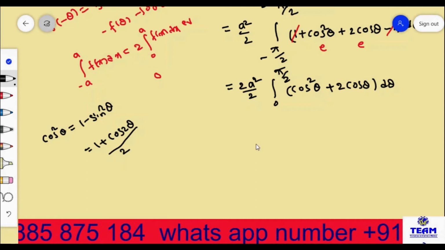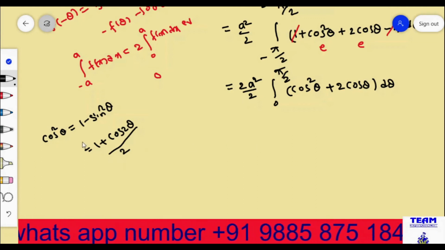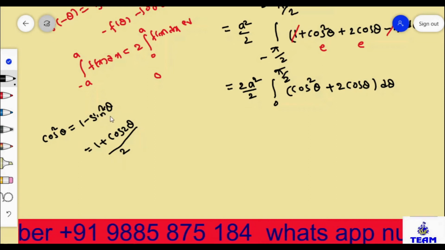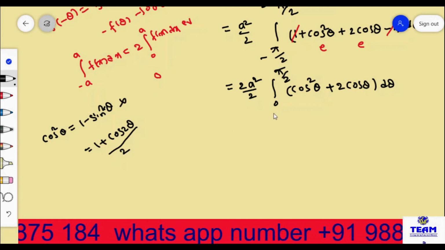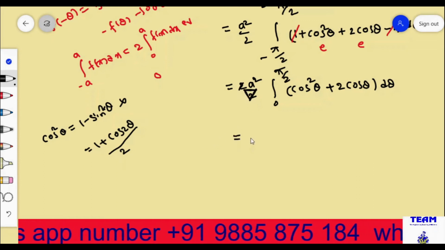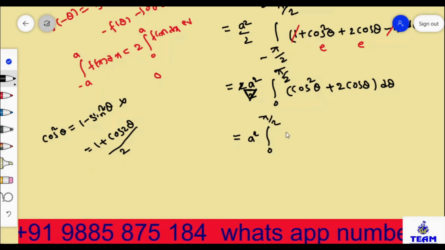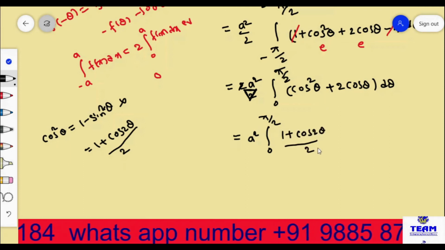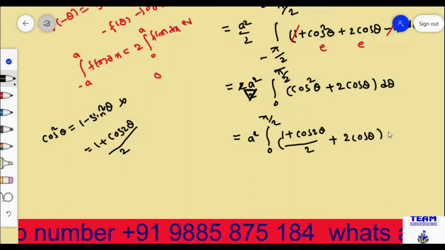We can integrate only cos theta and sin theta. We cannot integrate cos square or sin square. Whenever cos square is there, you should not write sin square, because sin square also you cannot integrate. So don't take this formula; you have to take the other formula. You substitute here, then you get one method. Here the denominator and numerator get cancelled, then I will have the integral from 0 to pi by 2 of cos square, which I write as 1 plus cos 2 theta whole by 2, plus 2 into cos theta into d theta.